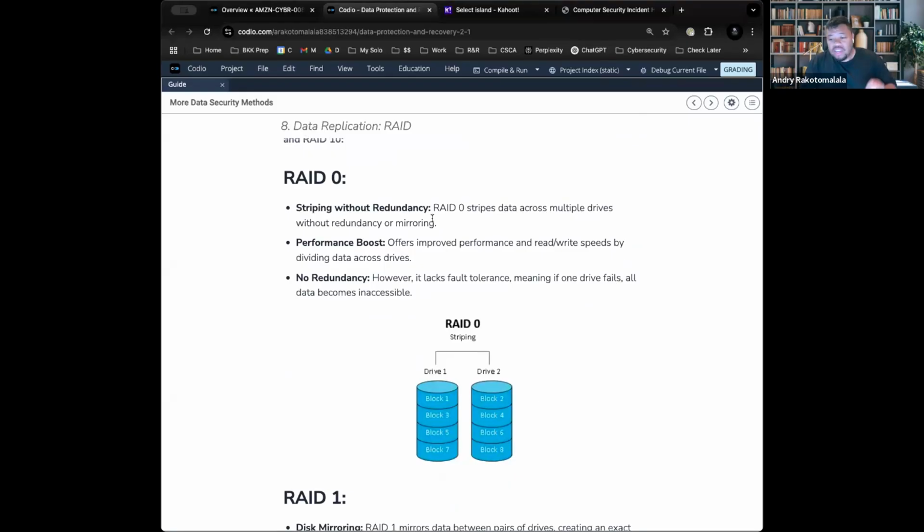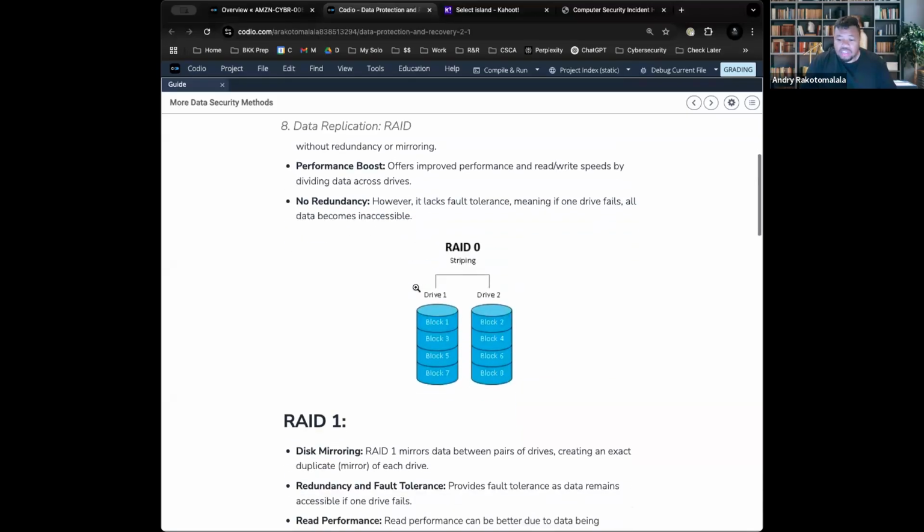So all it does is that data is split across a bunch of different disks, okay? But there's no redundancy. It just puts data in a bunch of different disks, all right? So this is bad because there's no redundancy and it's one single point of failure. Meaning, we just put data in one location, done. That's RAID 0, okay? Now, the good thing is it's fast. So sure, you may have a single point of failure, but it's very quick. So that's RAID 0. That's called striping.